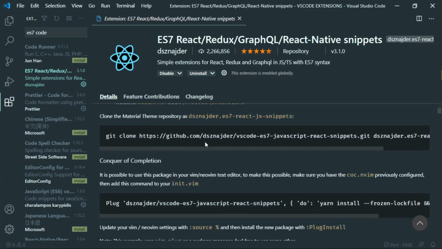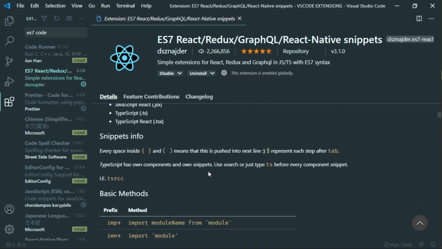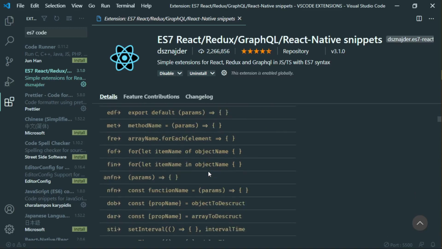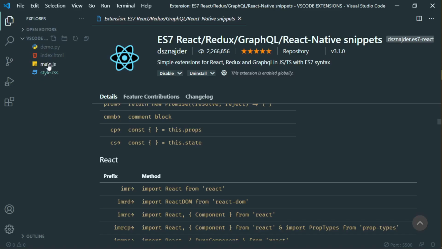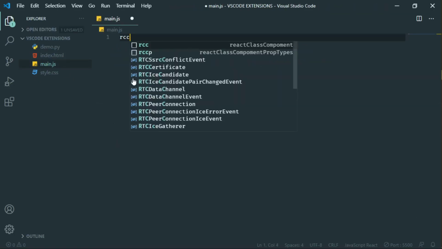It gives us commands. If you want to create a functional component, just type RFC, which gives a React functional component. If you want to create a class based component, you just type RCC, which will give a class based component. Like I will show you, in main.js I want to create a class based component.